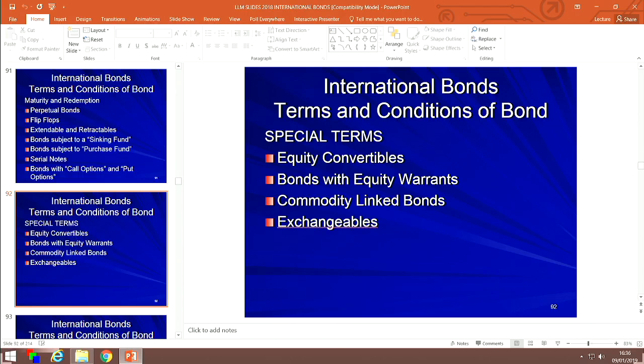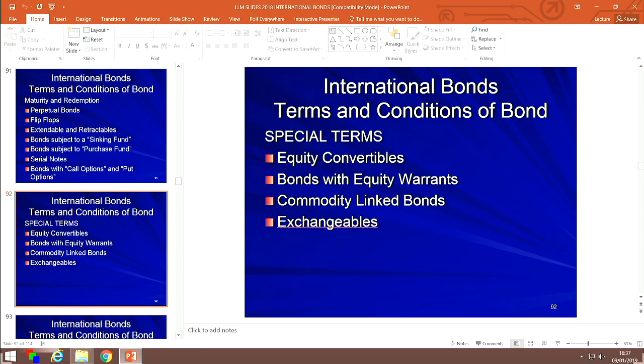What's the difference here? Well, you've got to produce new cash to buy the new shares in the case of a bond with an equity warrant. In the case of an equity convertible, you didn't have to produce any new cash. You simply used the face value of the bond to convert that value back into the equity of the issuer, back into the share capital of the issuer. Those are equity convertibles and bonds with warrants. They have a huge amount of lawyering to be done to make them work and be effective, so we'll spend at least a lecture on those.